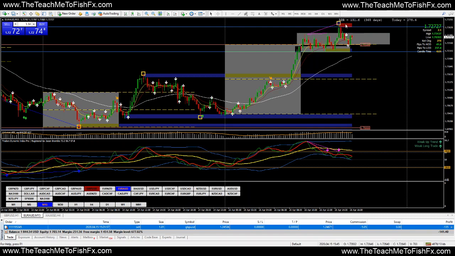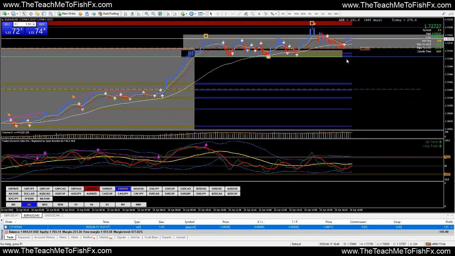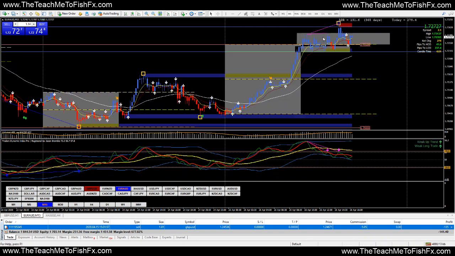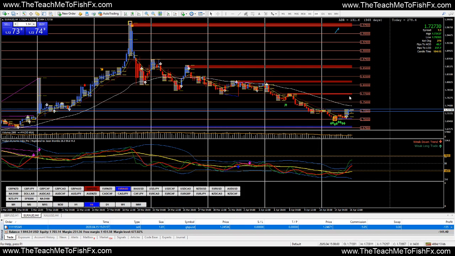It looks like it's creating a head and shoulders on a 15 minute. You guys can see where I did a little bit of markup. I actually got in on the 5 minute chart and it didn't quite break down for me. So again, it looks like it's creating a head and shoulders on the hour chart. On the hour chart, we do have a setup, but nothing on the 4 hour. So,